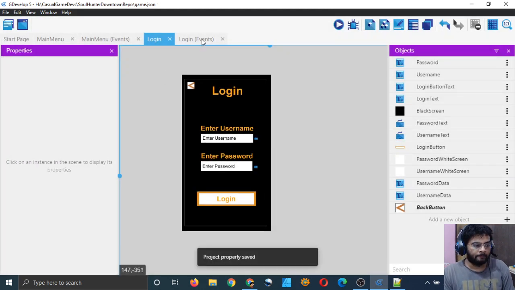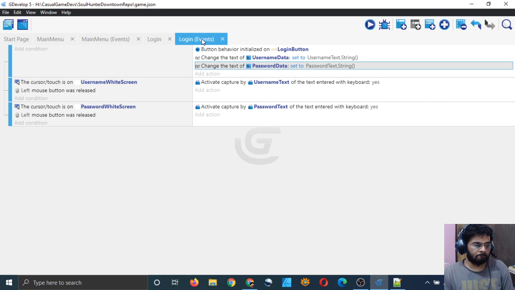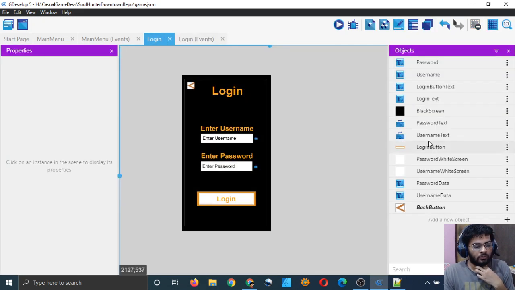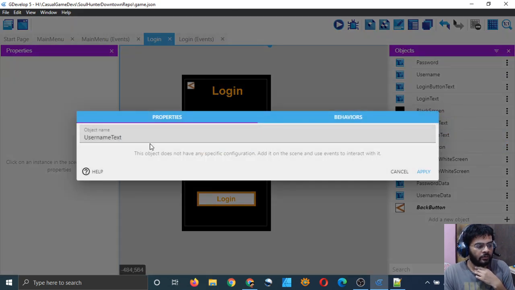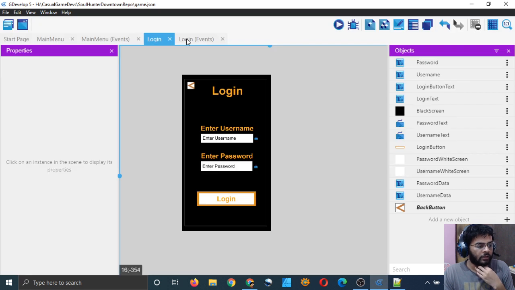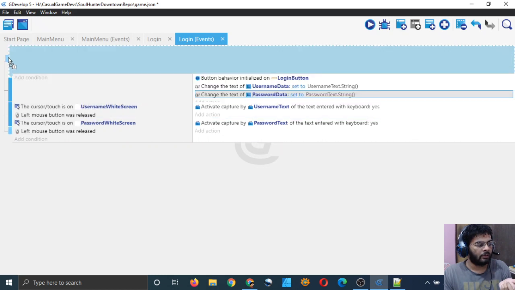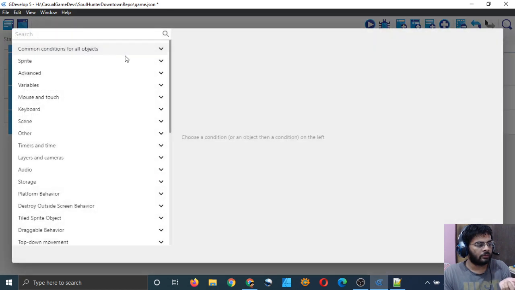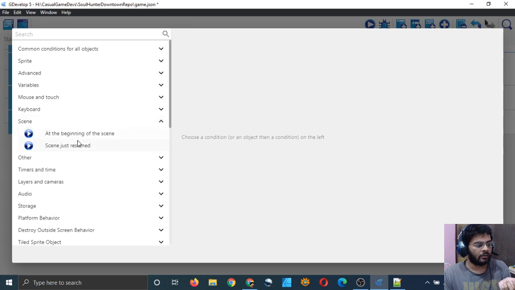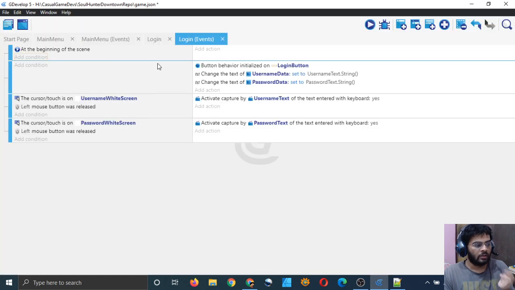So now by default these objects should be inactive, and let me see if there is any other property. No. Okay, fine. At the beginning of the scene I will add an event. I will push it all the way to the top, at the beginning of the scene.